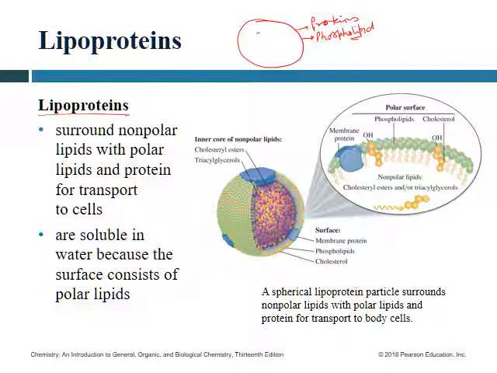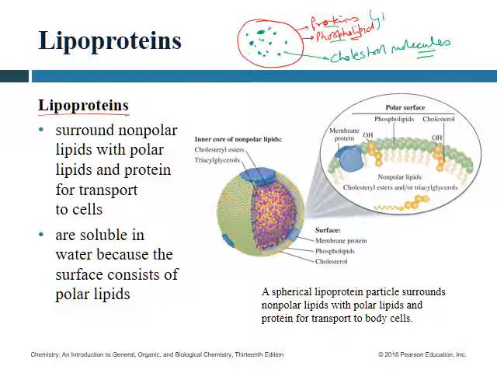This is your cholesterol molecule, right? And this cholesterol molecule is surrounded by proteins and phospholipid. Why? Proteins and phospholipids